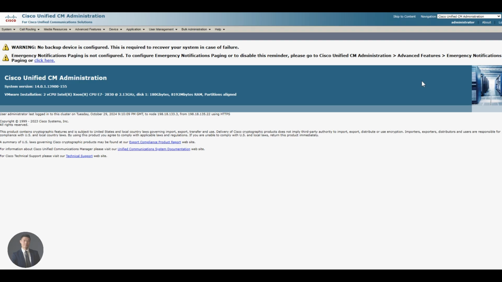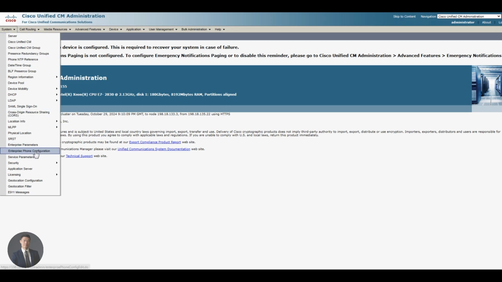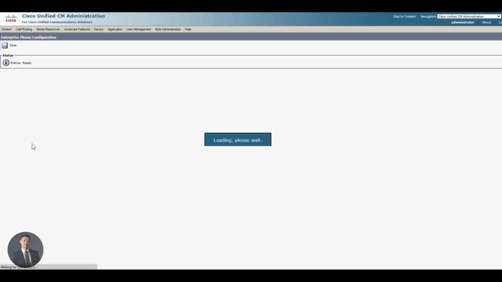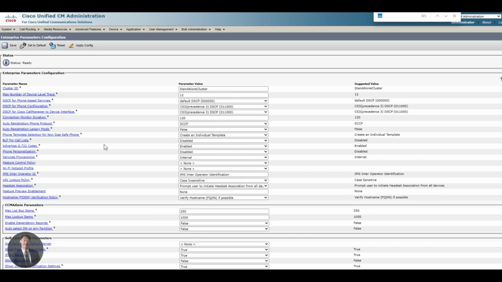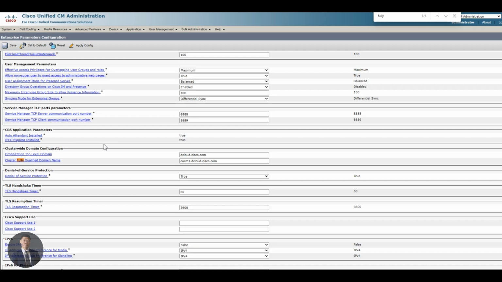On the system, let's navigate to Enterprise Parameters. And we're going to search for fully qualified domain name, and this will bring me to a new domain. Okay, so it's already Cisco Unified Communications Manager 1. Leave the existing entry in the box and enter the session's domain. Right, I'll show you how to do that. Give it a space,